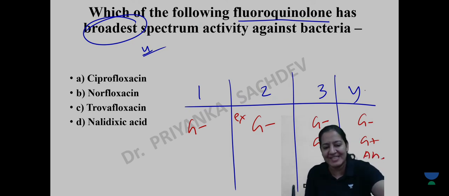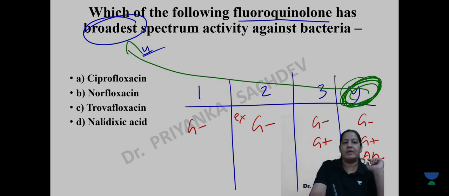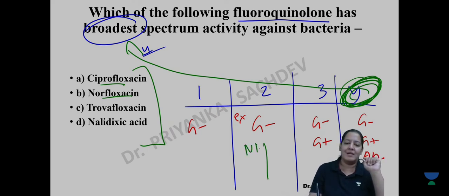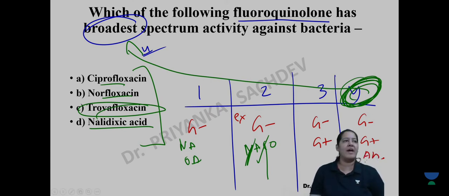Tell me the names of 6 drugs in this category. These are the broadest ones. So which of these is it? Ciprofloxacin, Norfloxacin, these are all second generation, right? Here I had told you about nalidixic acid. Nalidixic acid and oxolinic acid are generation 1, but Trova is the 4th generation. Yes, you all are right. Very good. So yes, Kishore, Amar, Sufi, of course, the answer is C, Trova.